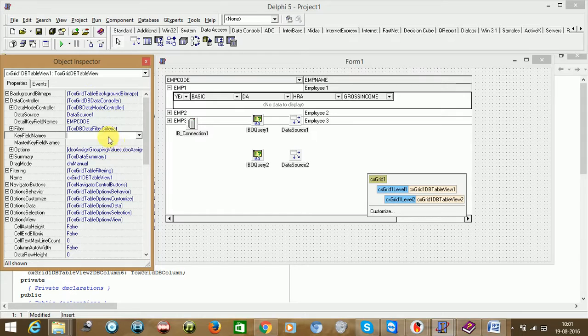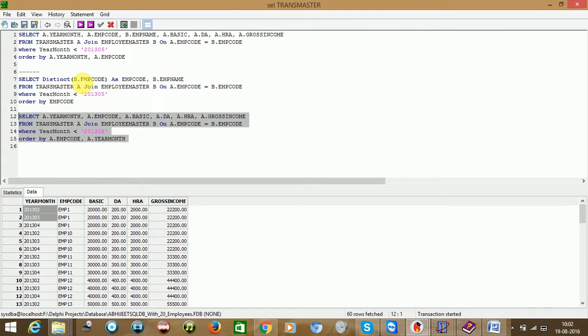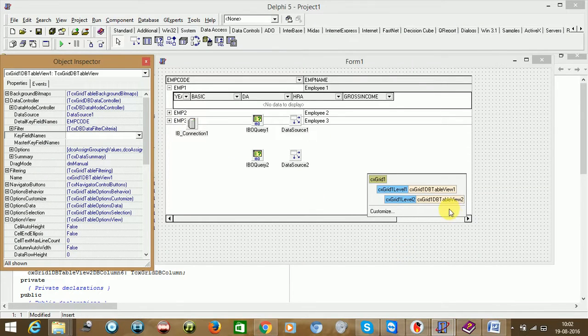Key field name is not required, but if you wish to give some key fields, you need to give it separated by semicolon. But in our case we do not want that, because if you see both the queries, here also employee code and here also employee code column, a common column we have. So that is the reason we need to put employee code over there.